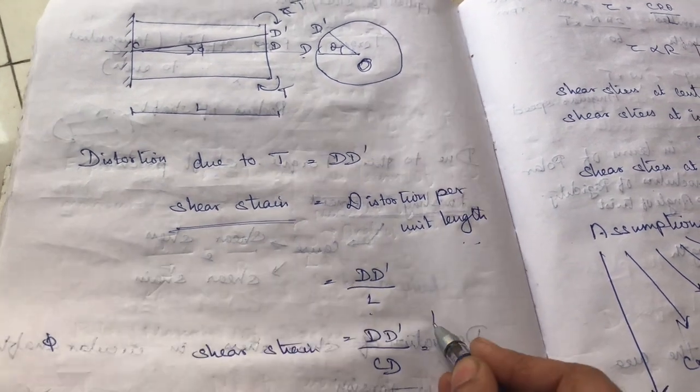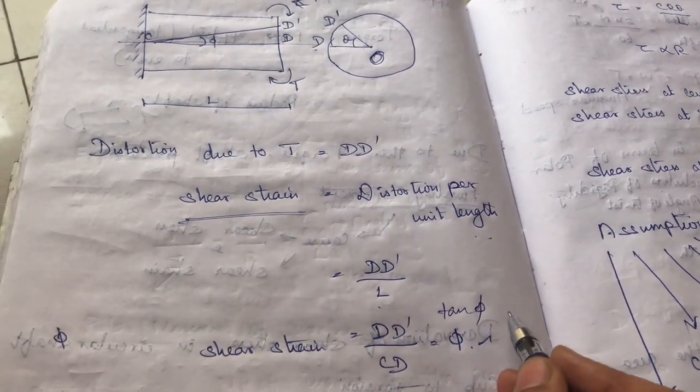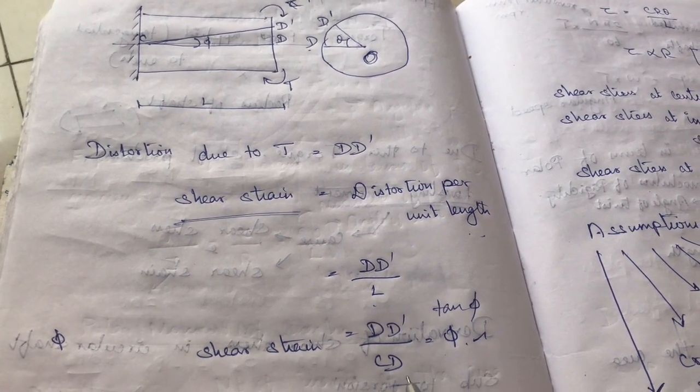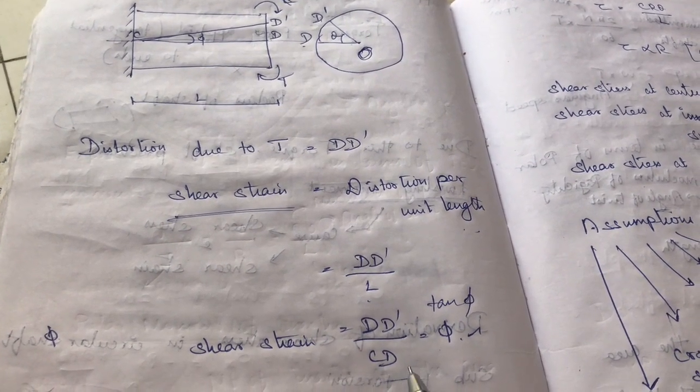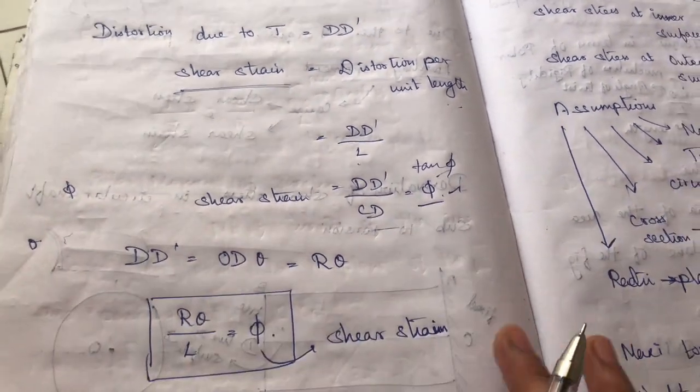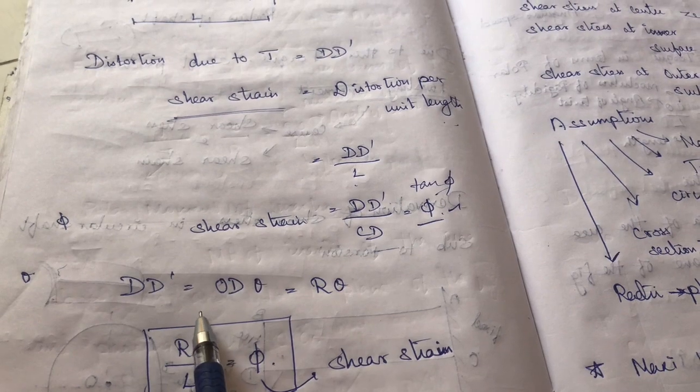Sorry, this is tan phi. So tan phi means opposite by adjacent. So we have got this tan phi, which is nothing but the phi. After that, DD' will be equal to